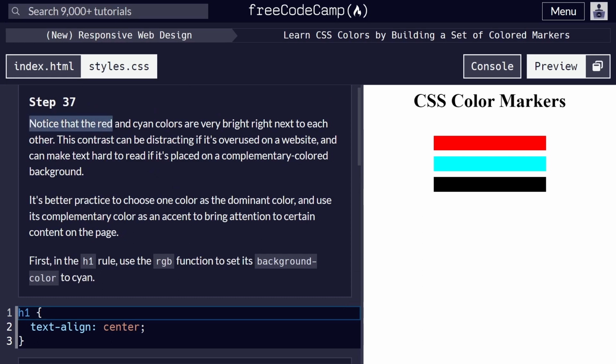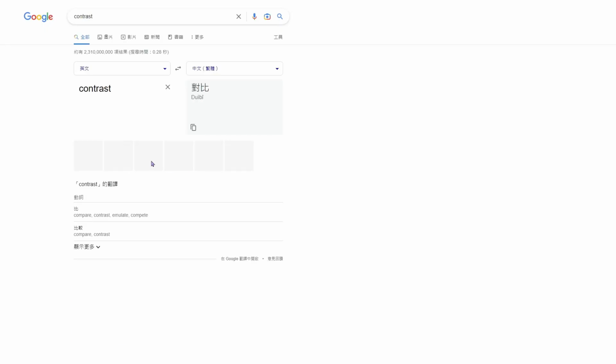Step 37. Notice that the red and cyan colors are very bright right next to each other. This contrast can be distracting if it's overused on a website. 它会互相干扰，这两个相反的东西会互相干扰。如果过度使用在网页里的话，and can make text hard to read，会让文字更难阅读。If it plays on complementary color background. It's a better practice to choose one color as a 等一下，我确认一下，一个 contrast 对比。